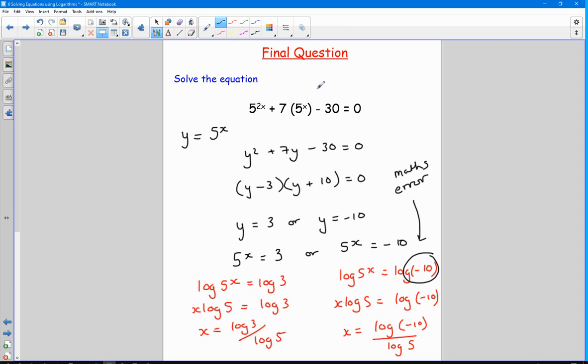So if we did the base 10, it would be saying what power of 10, what number do I raise 10 to give me negative 10, which we can't do. So if you look back at the starting lesson, you'll see that